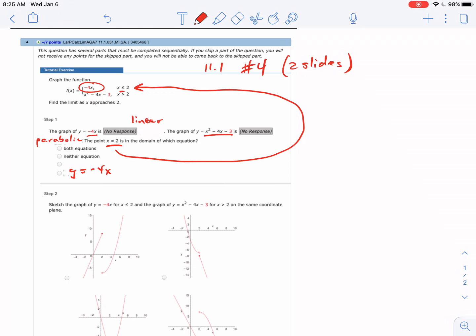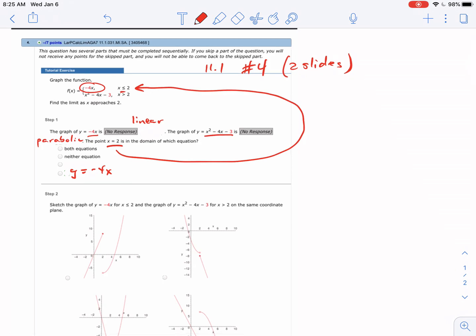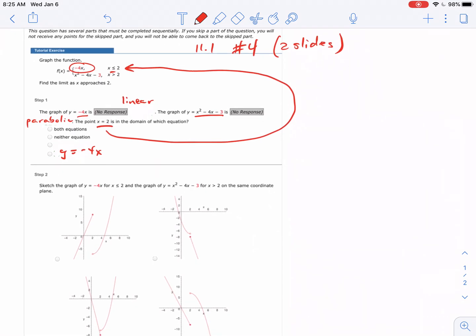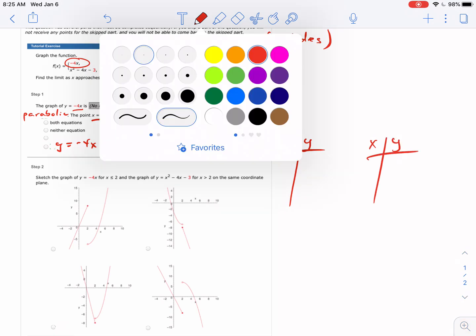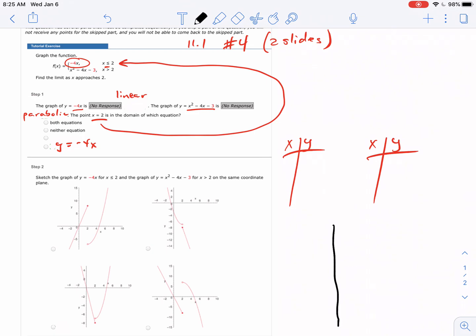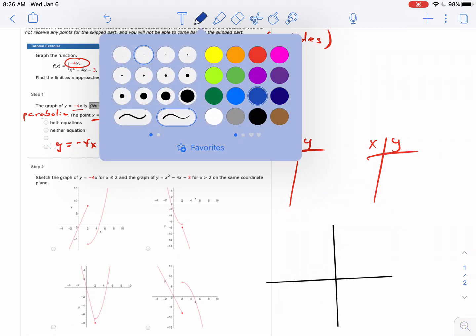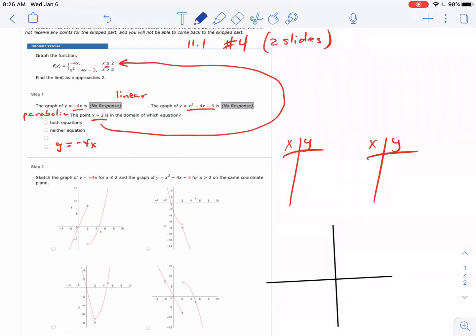All right. Now, if we were going to graph this thing, many of you probably can visualize what it is, but I'm going to go ahead and sketch a graph using an XY table for both equations. And so what I'll do is just sketch it on here, and I will do the negative 4x in blue. And so that says x's that are less than or equal to 2. So I'm going to start with the 2 and do numbers that are less than until I can see what's